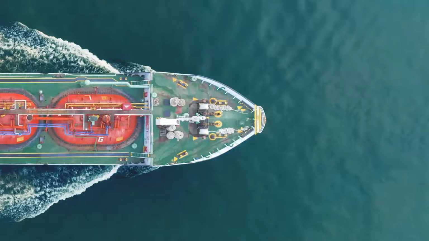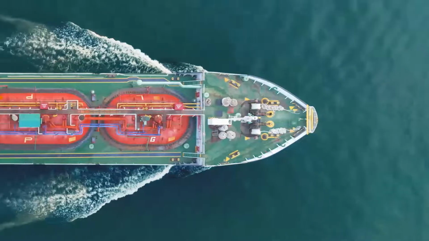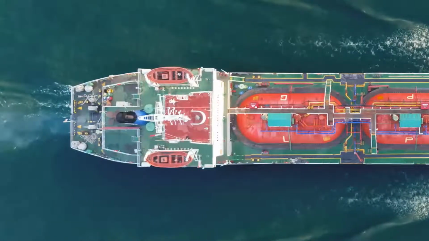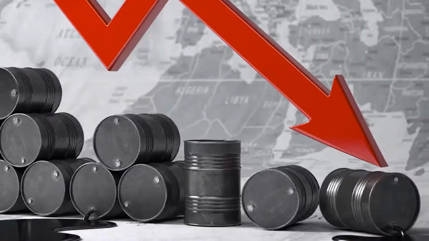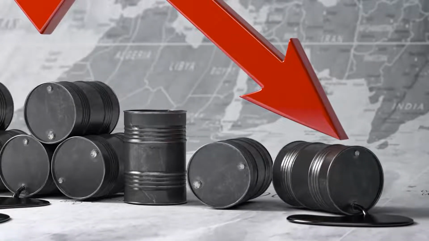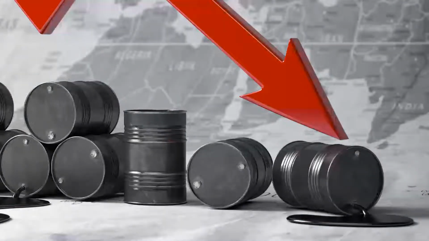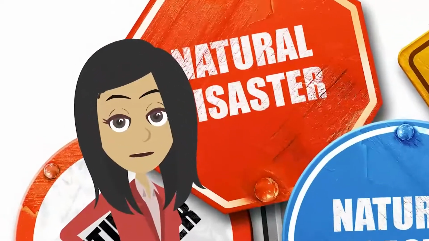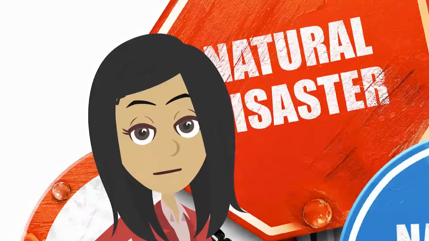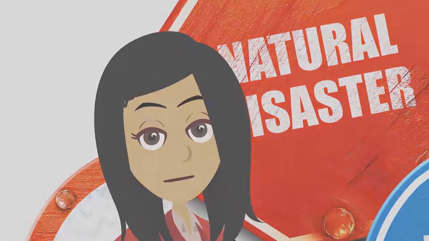Lastly, since both oil and natural gas are global commodities, any regional or global crisis or disaster that impacts supply or demand can cause fluctuations in prices. Some examples of these crises or disasters are